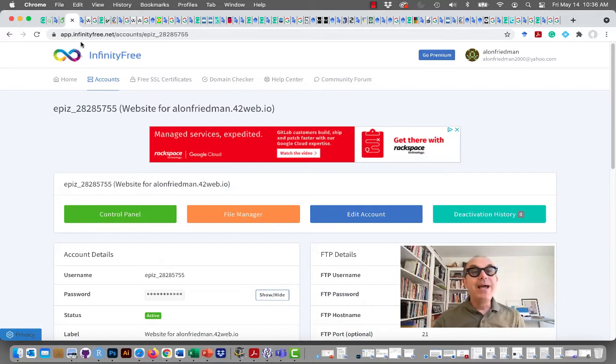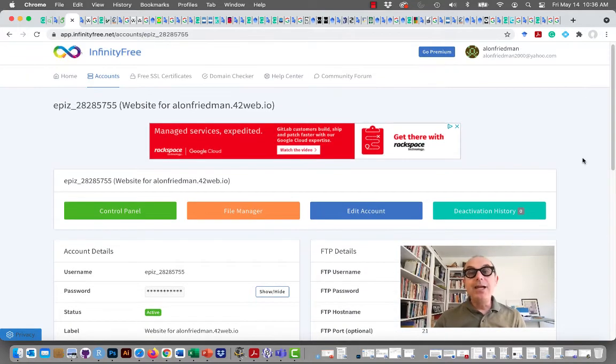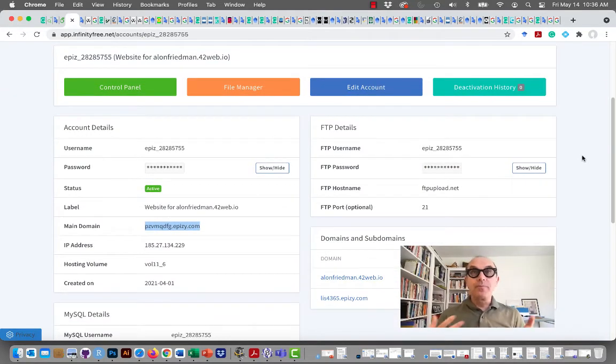You're going to register your website and open a free account, which means it's not going to be your own domain name, yourname.com, but a domain under their website. For example, my domain is Alon Friedman 42 web. And if you look at that,